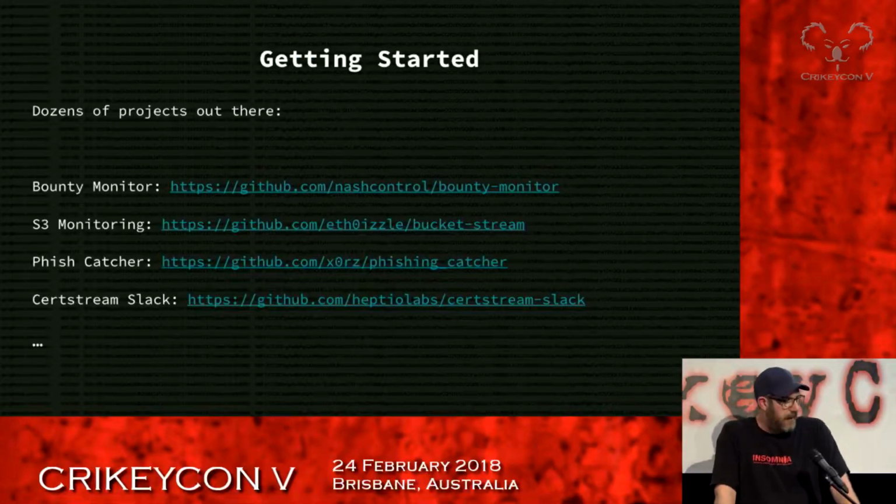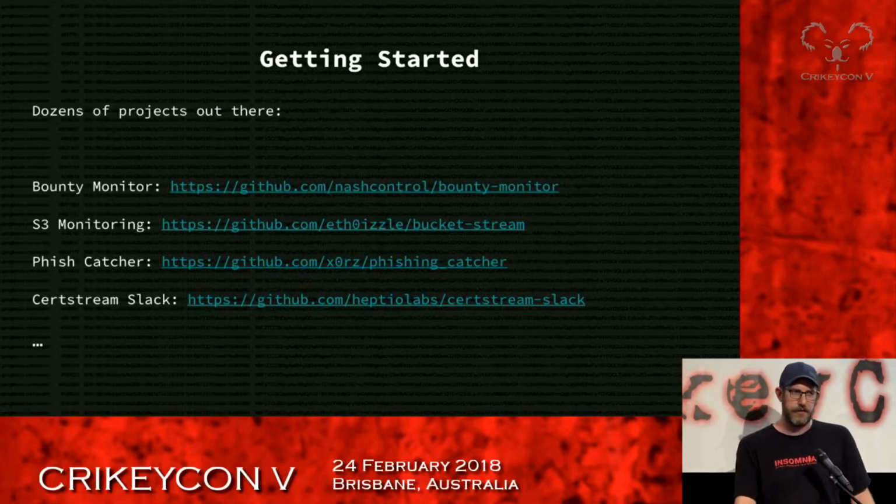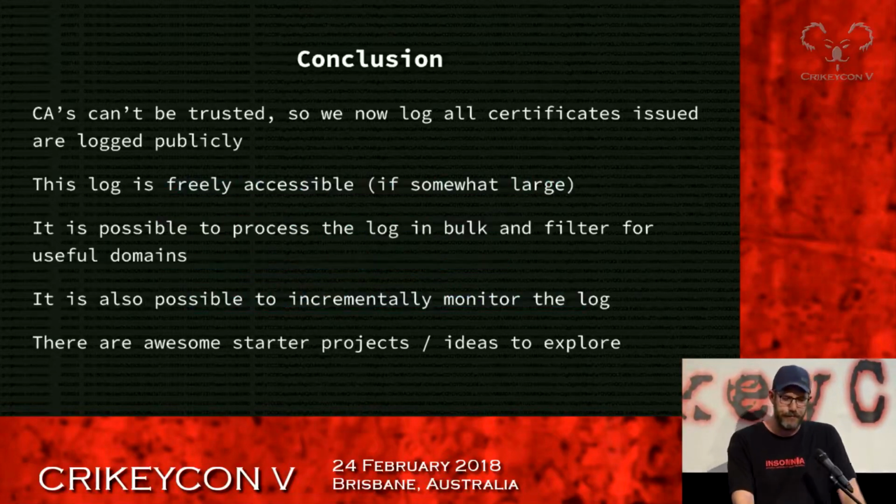As I mentioned, I did the blue team example, and it was really straightforward. If you have a look at Bounty Monitor, which is around bug bounty monitoring, it's a really great basic example. It basically taps into CertStream, sets up a SQLite database, and figures out: have I seen the certificate before, yes or no? Have I seen it recently? Do I need to recheck it? Should I look at the site or not? Should I log it? There are just dozens of projects if you go looking for CertStream on GitHub code search.